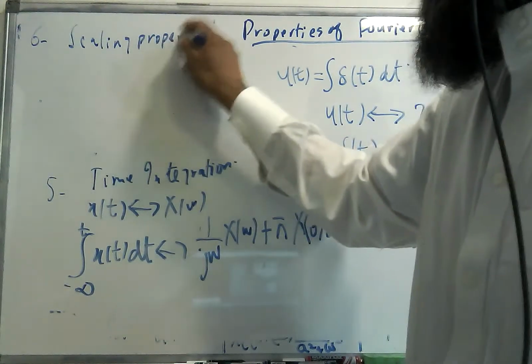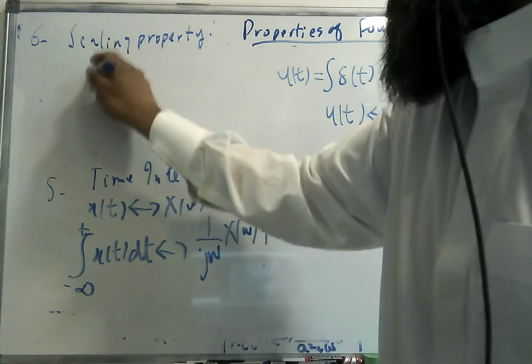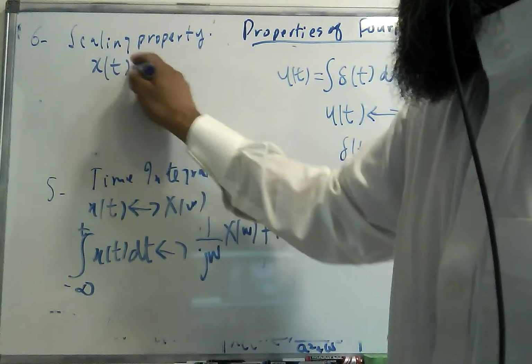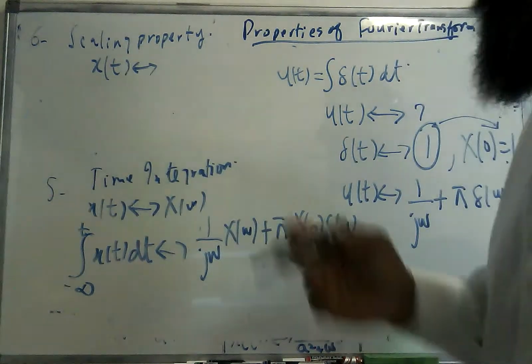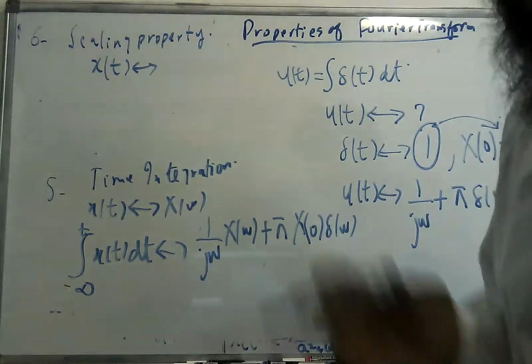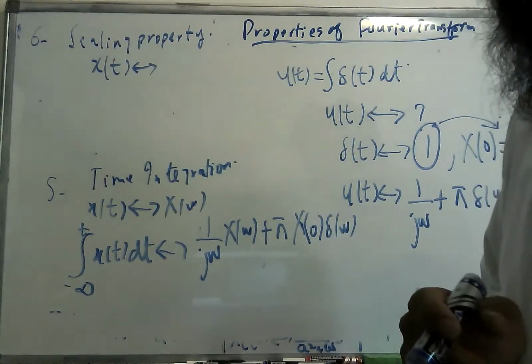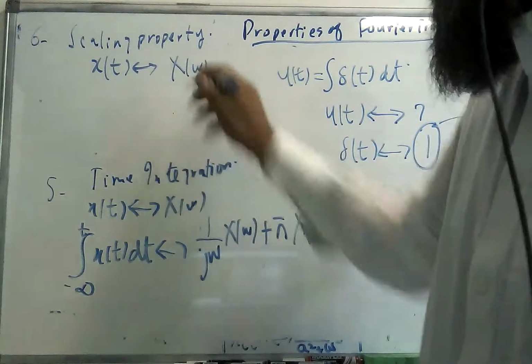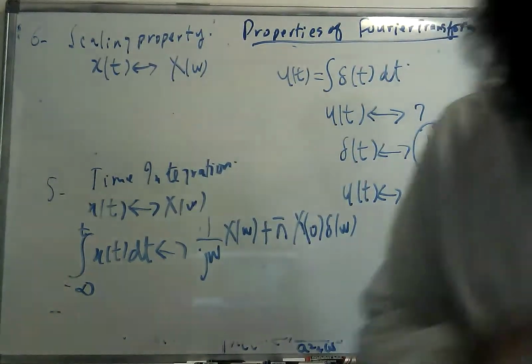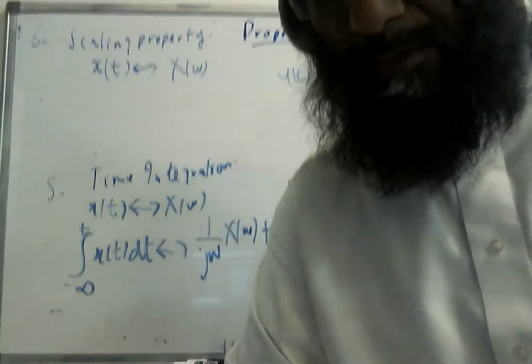And this property, it's a very interesting property, has a lot of applications in communication theory and other branches of electrical engineering. So if x of t has a Fourier transform of X of omega,